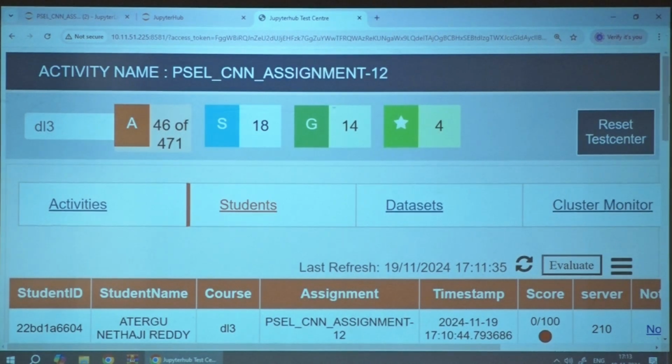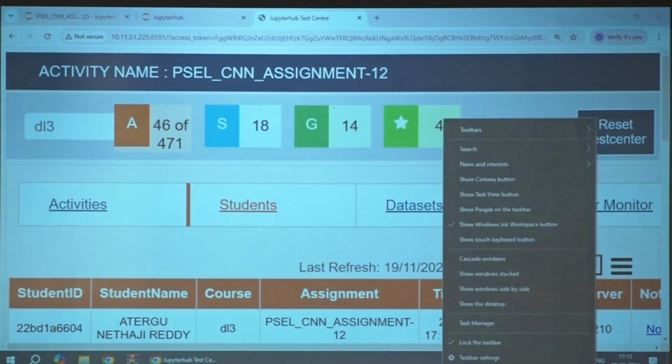So, guys, can someone give me the loss, the validation accuracy and the training accuracy that you got? What is the training accuracy you got? Sorry, 50. Okay, test accuracy? Sorry, 50. Okay, guys.